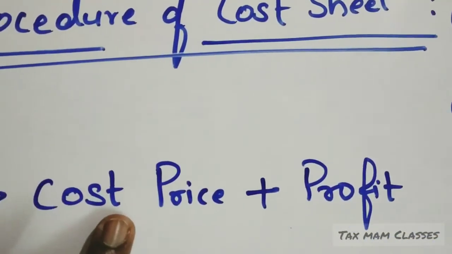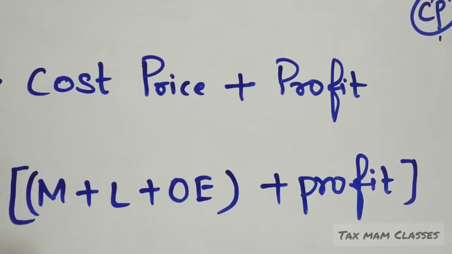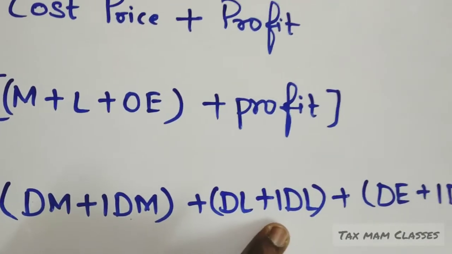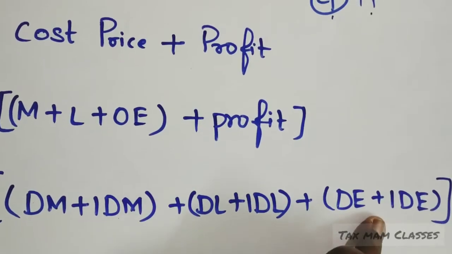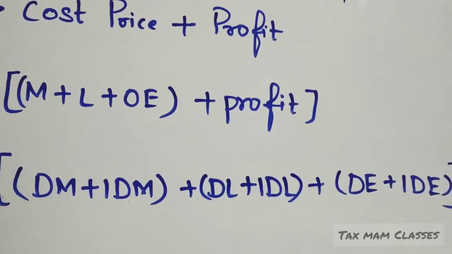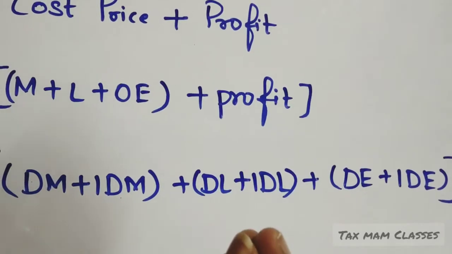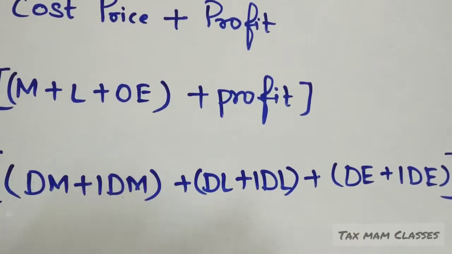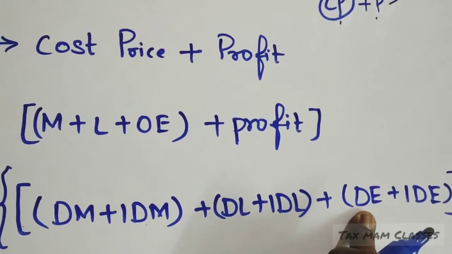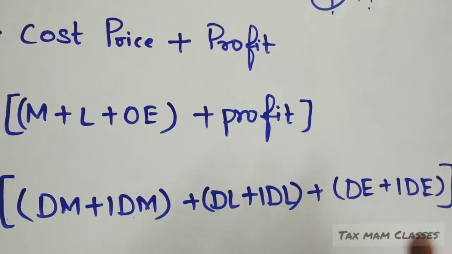The cost price, as I said, is divided into different categories: direct material and indirect material, direct labor and indirect labor, plus direct expenditure plus indirect expenditure. Why, ma'am, are you elaborating this much? We have to take each and every expenditure into consideration so that we get the correct cost price and can fix the profit. Direct material, direct labor and direct expenditure give the prime cost. When we add the indirect material, indirect labor and indirect expenditure, we get the overheads.